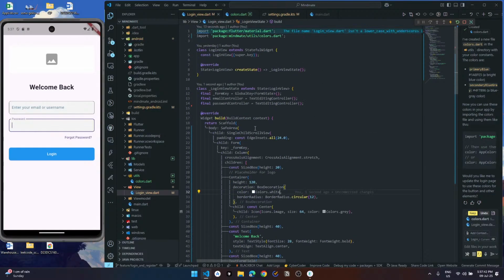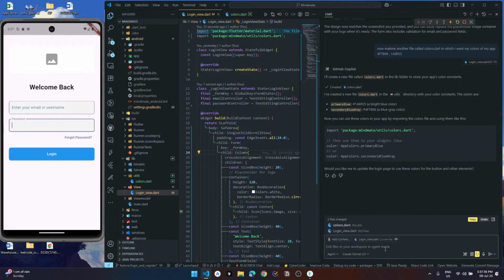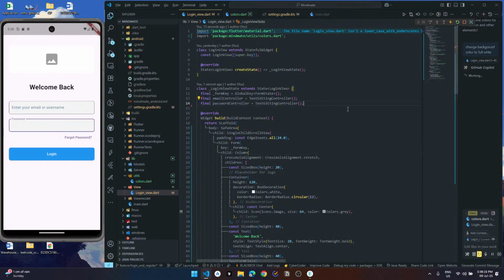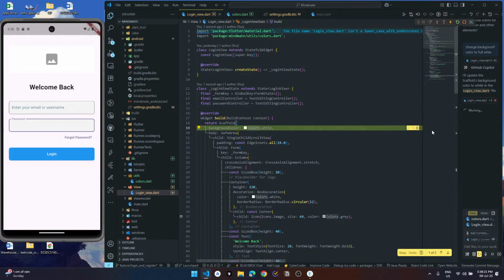Okay, safe area, scaffold, child view, then form, change background color to full white. Now I'll change my background color to fully white.